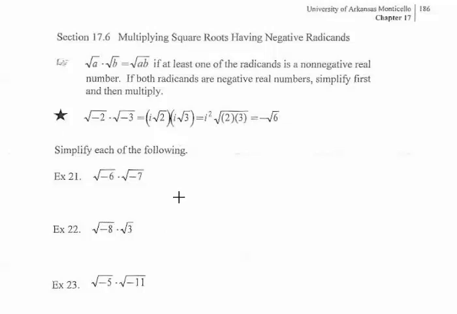Now, we are warned about a particular situation that you can run into when multiplying these square roots of negative numbers. And the one you have to watch out for is this situation. When you have a pair of square roots with negative radicals inside and they're multiplied by one another, what you want to do is simplify them first, taking out the i from each one. You do not want to multiply these two together